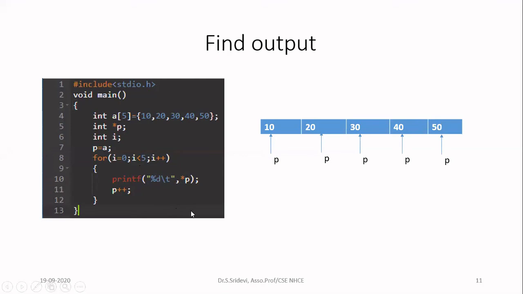Now try to understand. Now I am incrementing P++. Will you get any error in this line? If you increment P++, the pointer is now exceeding your array. Your array has only 5 elements. You printed everything. If you give P++ after this, the pointer will exceed your array range. You will not get any error in this case. But in the worst case, if any other array is in that memory and you still continue in the for loop, you will change the elements of that particular array also.